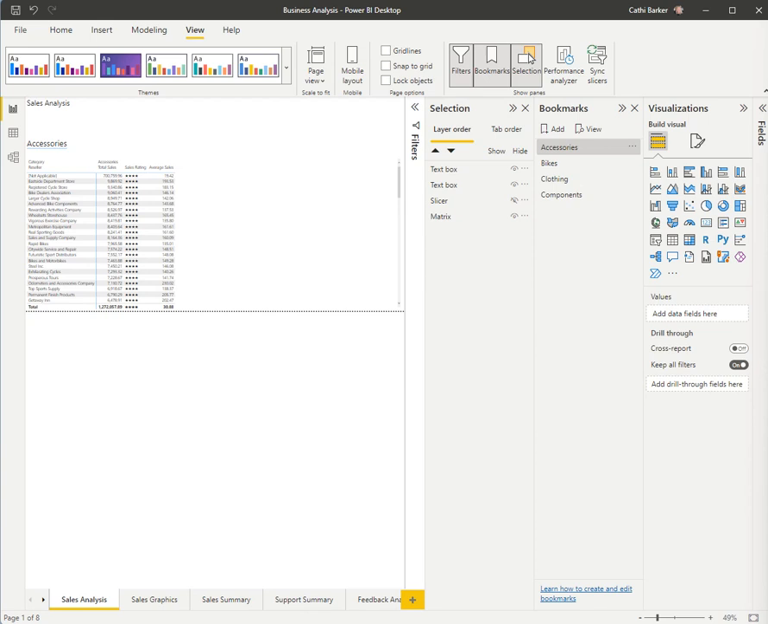So now that we've got these different bookmarks, accessories, bikes, clothing and components, and we've got the smart narrative that reacts as we switch between each bookmark, it would be really handy to actually create a number of buttons that allowed us to easily move between the bookmarks without having to use the bookmarks pane that we've turned on under View in the ribbon. So on the sales analysis page, we could go and create a button for each of